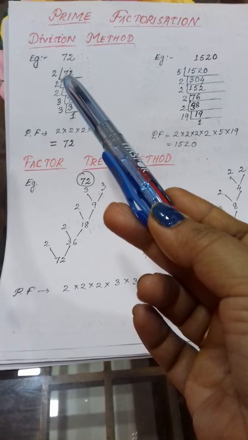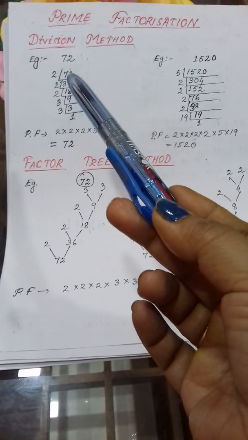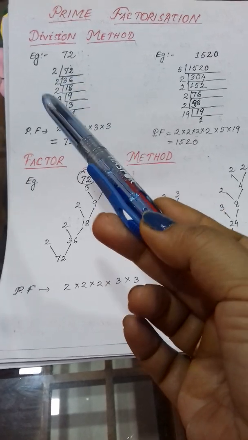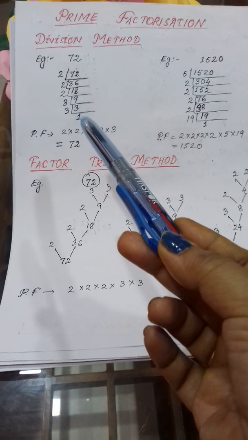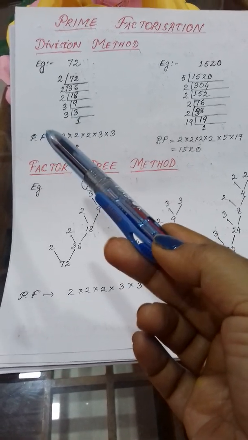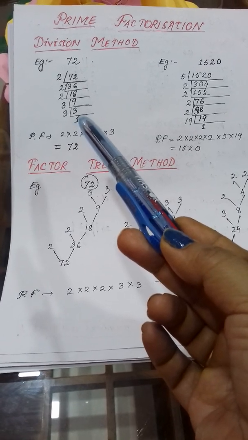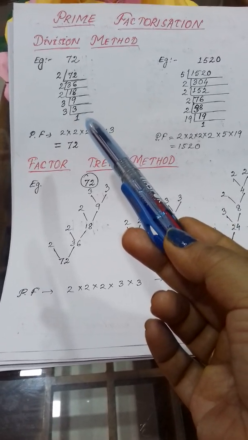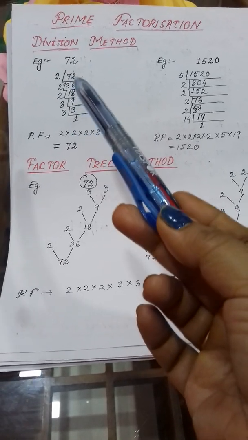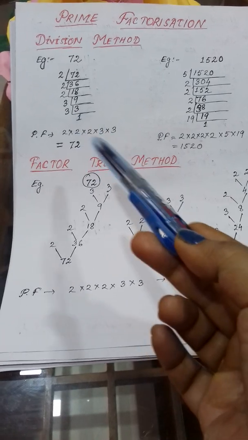So you see I have started with 2. You can start with 3 also, I think it will divide. So 2 36 is 72. Next, in this way I have continued. At last I have got the quotient as 1. That means if the last quotient is 1 or any prime number, that means your division is complete. You cannot move further with division.